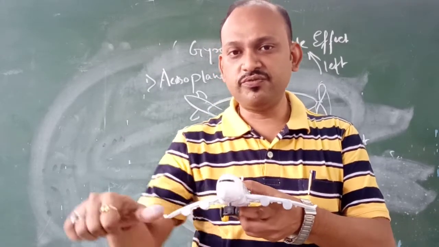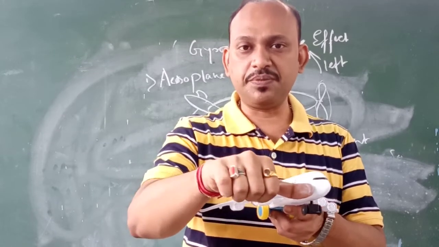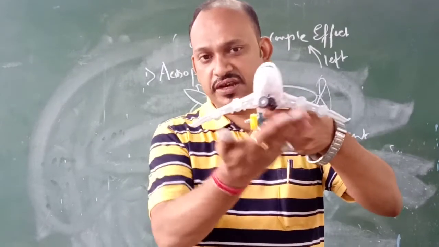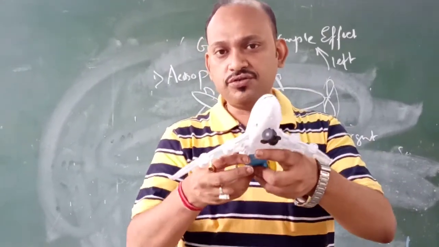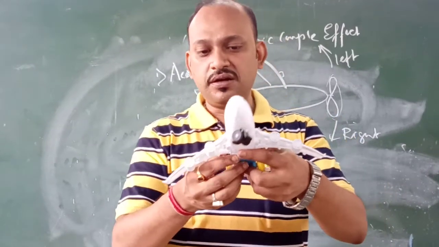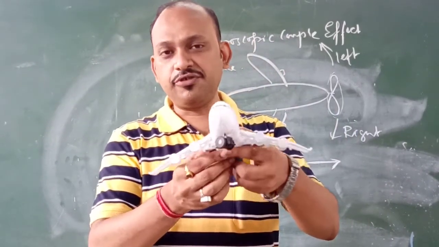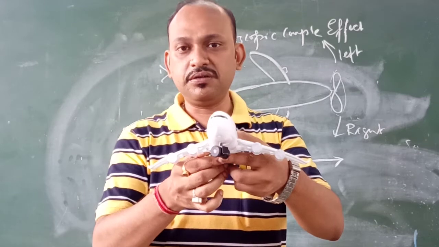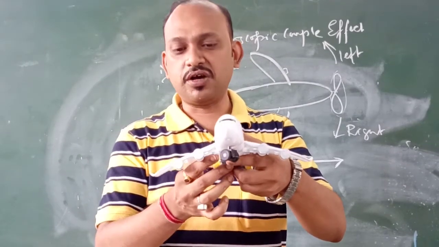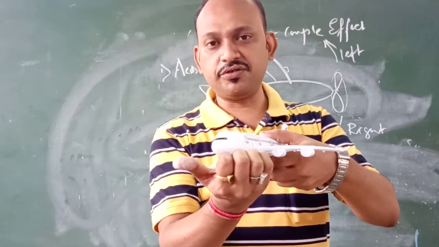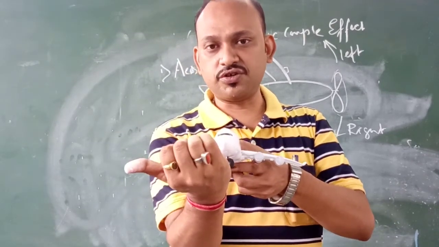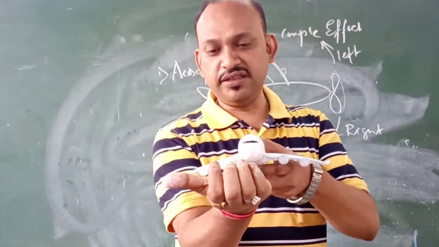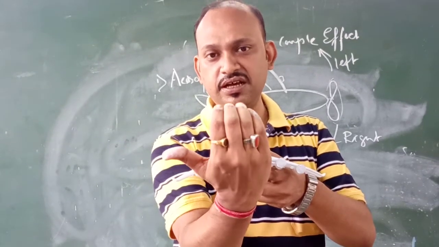In order to balance this, we need to apply the reactive gyroscopic couple in the opposite direction. Because you can see as this is flying in the air, it does not have any contact with any surface. So it will adjust itself as per the torque acting on the system in order to keep the condition for dynamic equilibrium. So how will this be maintained? When the plane is steering to the right, this is the direction of active gyroscopic couple. You can see what is the sense of motion. The active gyroscopic couple in this particular case is actually sensing in the forward direction.